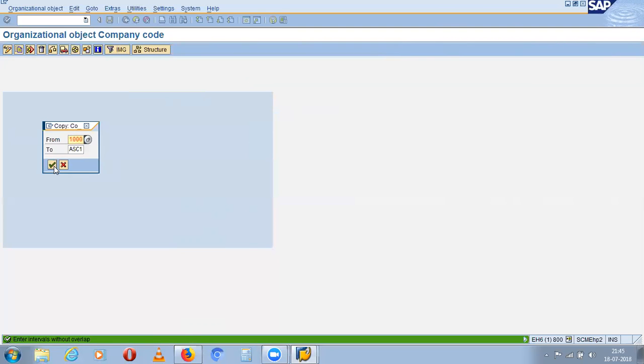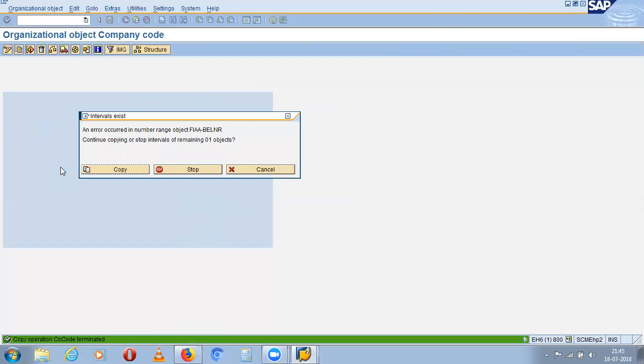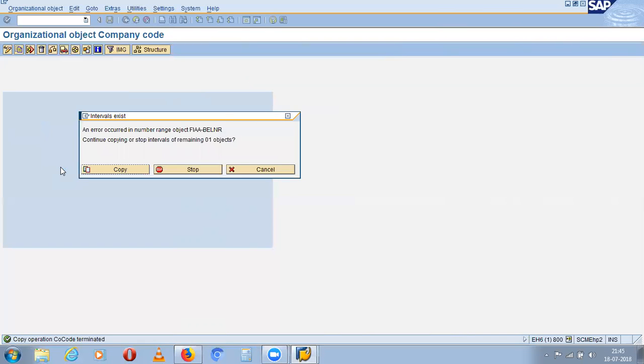Now you just click on close. Okay. Click on copy.